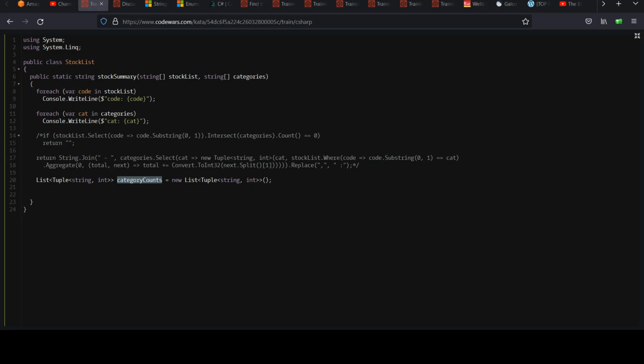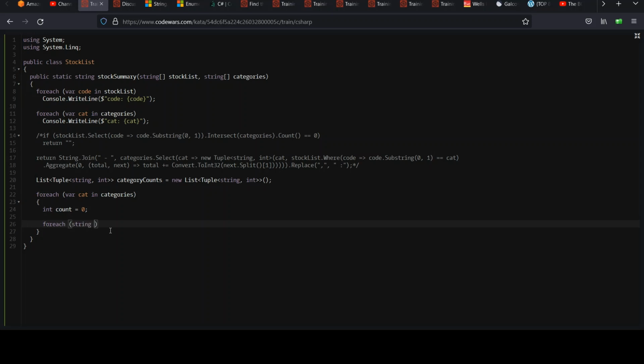And so what we can do is go over each of those categories. This might be a little easier way to think about how this works. For each var cat in categories, what do we want to do? These are the values we're concerned about. Well, let's make a count for each one. We'll initialize it at 0 and we'll keep adding to it for each code we find that matches the category letter. So to that end, we'll also go over